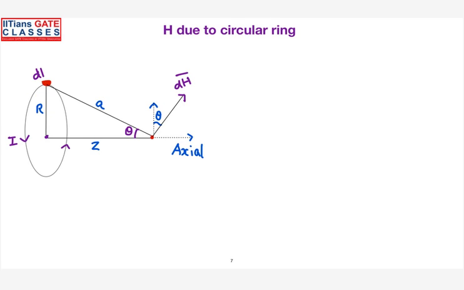Sir, if I use Fleming's right hand rule, if we take the current direction and the fingers that we are encircling, you see the thumb is pointing towards the minus Z axis. How? I didn't understand. Because see, you assume that the coil I have placed here is actually perpendicular to the plane of my paper.